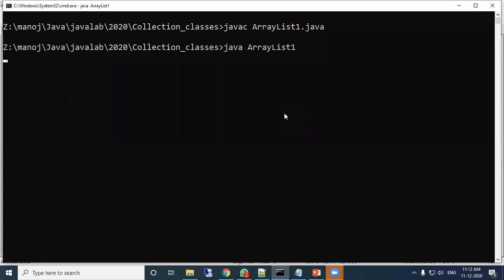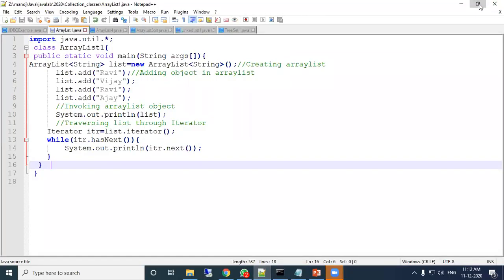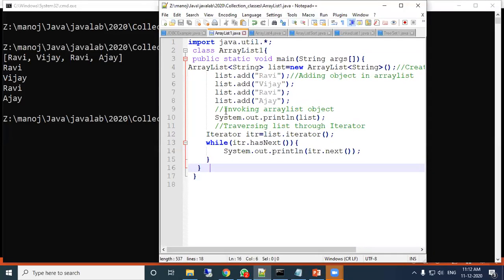When we printed directly using println with the array list name, the data is printed within square brackets.